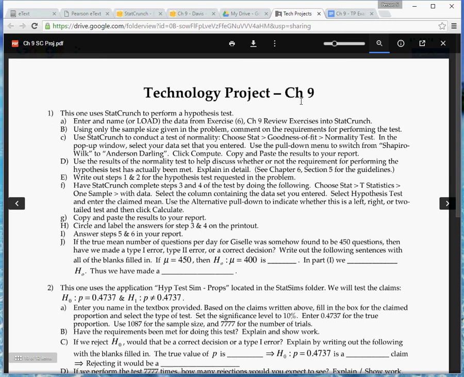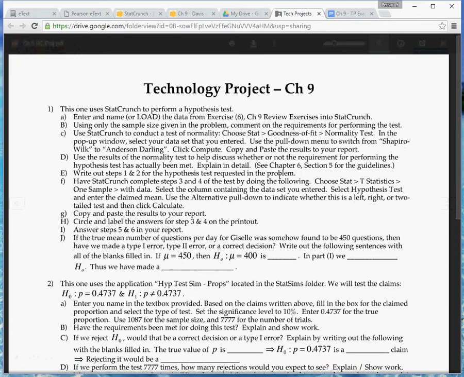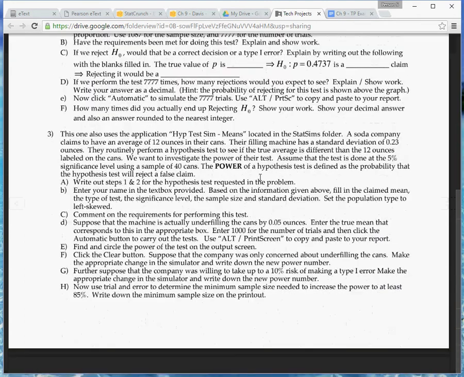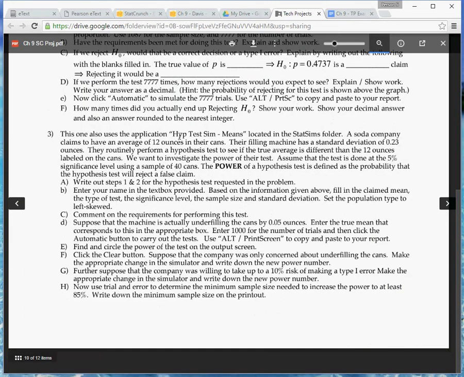Hello, this video is for the Chapter 9 Technology Project and Part 3 this time. So let's go ahead and scroll down and have a look at that. This one's going to use the application hypothesis test sim for means located in the StatSims folder, so make sure